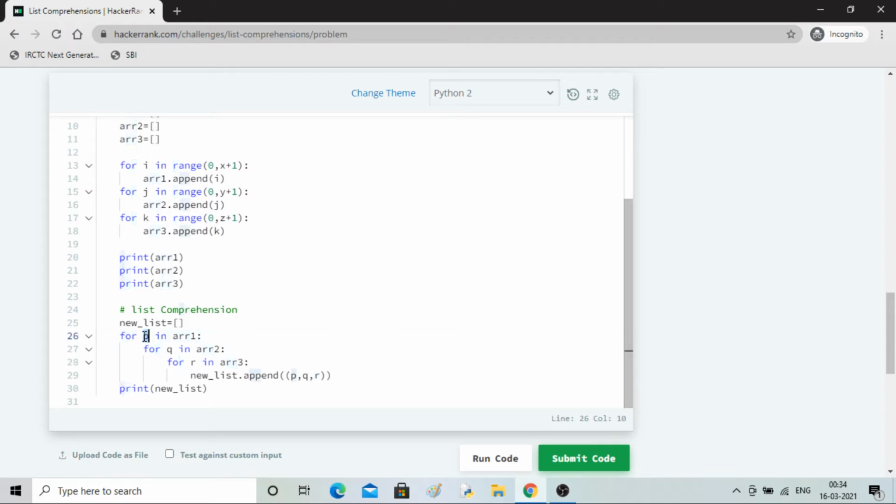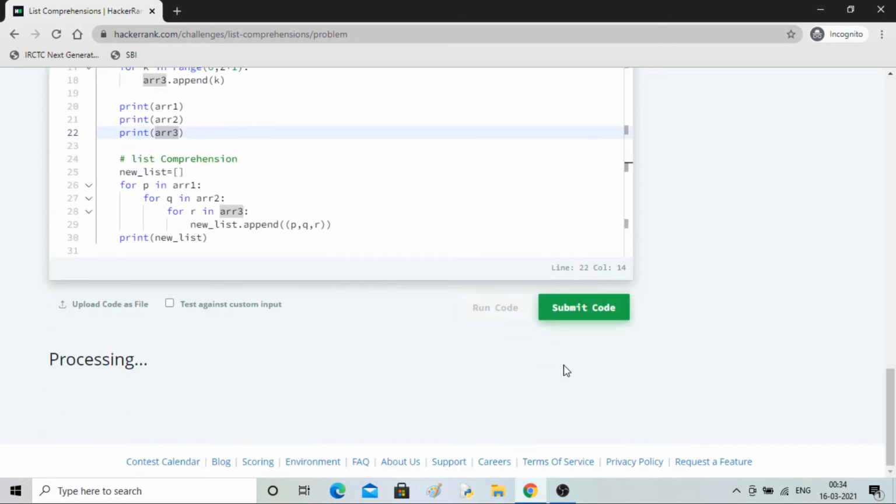Then p will become 1, so 1 0 0 and so on. That's how it is working. For loop you might be knowing how it works. And finally, getting out of the for loop, you will have a new list which will have all the possible combinations of your array 1, array 2 and array 3. Let's see.